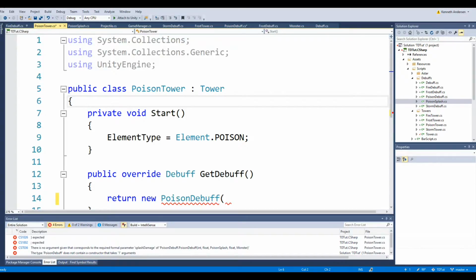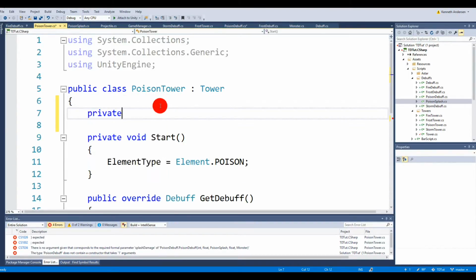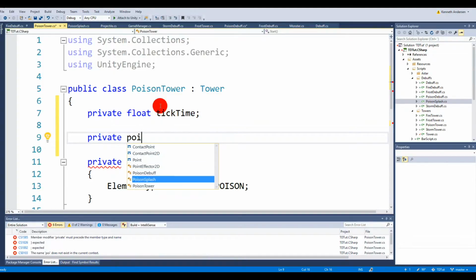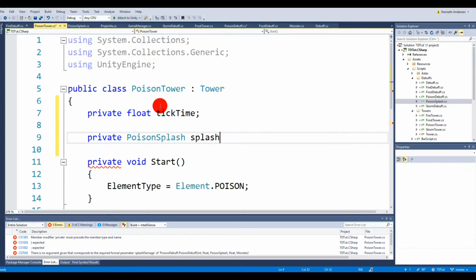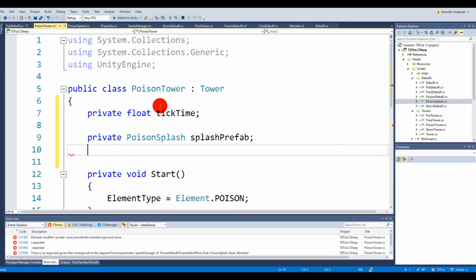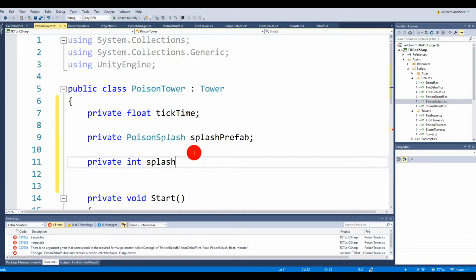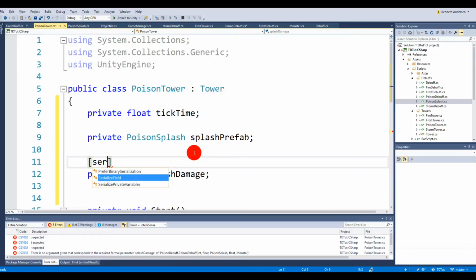So the poison tower also needs the fields that this poison debuff has. So we need to make a private float called tick time, and we need to make a private poison splash called splash prefab, because this needs to be passed on to the projectile, right, or to the splash. And then we need to make a private entity called splash damage. Then we can serialize this field